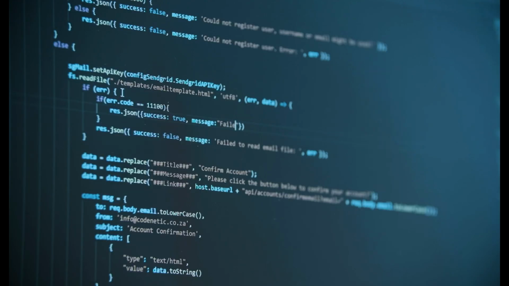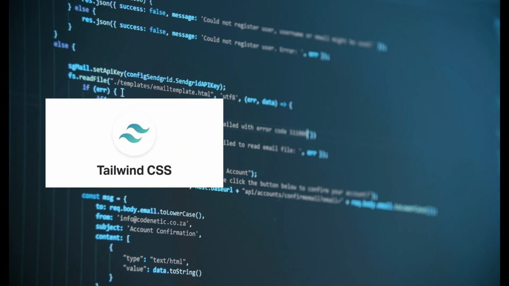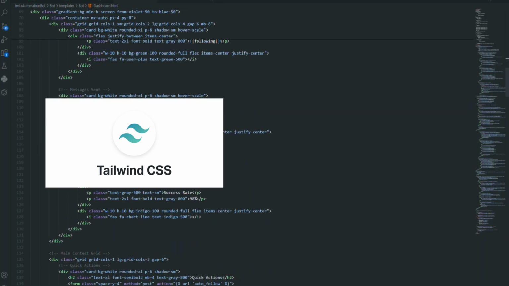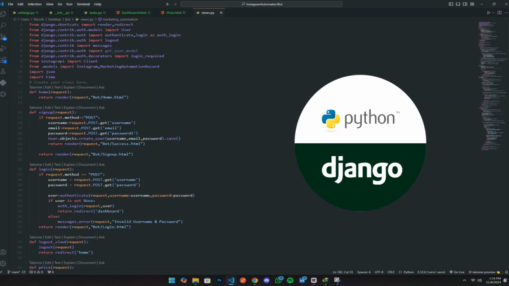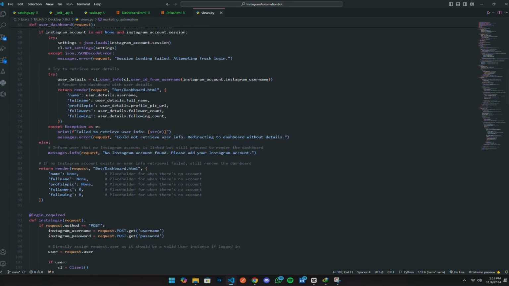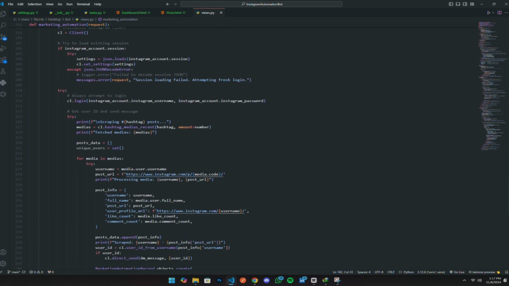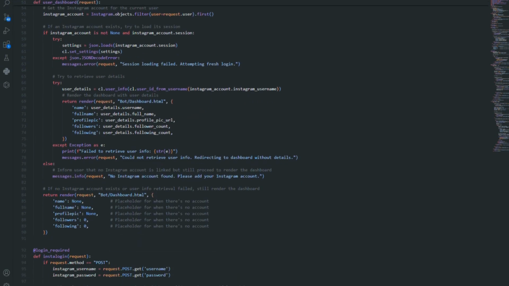To build this web app, I chose a tech stack that would keep things sleek and responsive. For the front end, I went with Tailwind. It's simple but powerful for creating clean and modern UIs. And on the back end, I picked Python and Django, a framework that offers a lot of built-in features like an admin panel, authentication, and a strong security foundation. Django was the perfect choice because it's fast, reliable, and has an admin panel that would be perfect for tracking